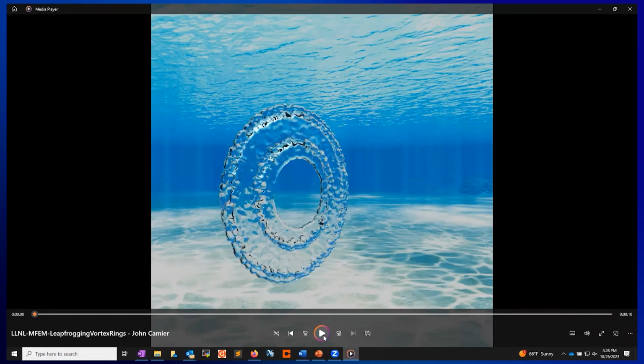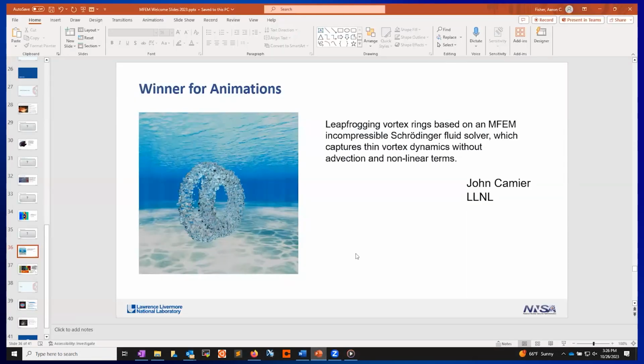Yeah, sure. It's something that I had in mind. I wanted to do some fluid solver, but needed something that was kind of easier. So that's why I found this, kind of simple, without non-linear advection terms, while capturing all these vorticities.